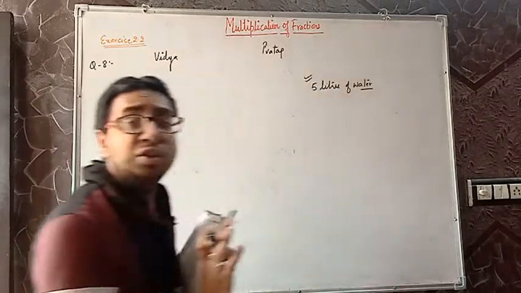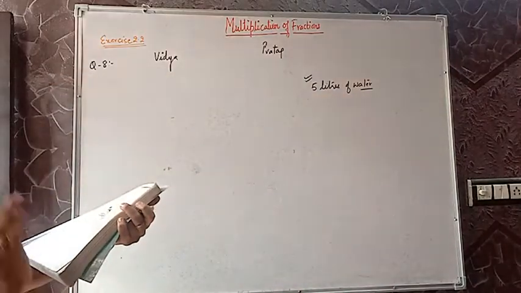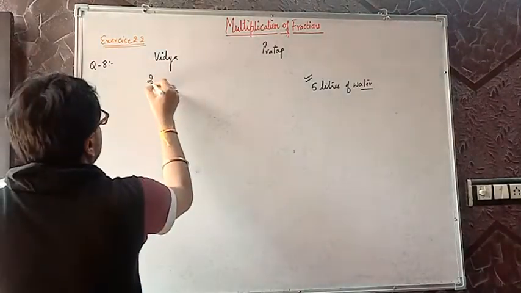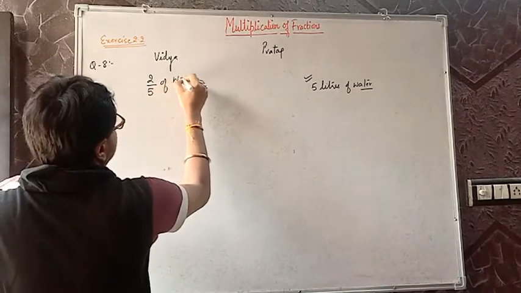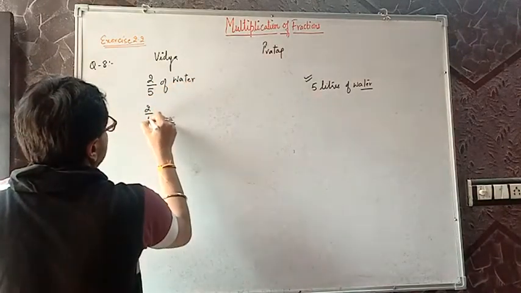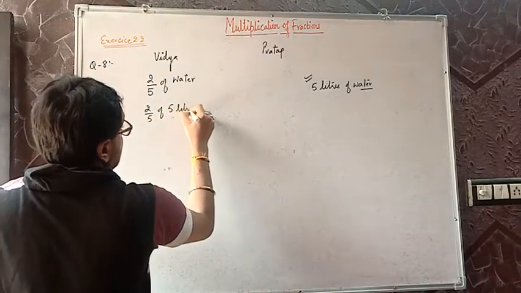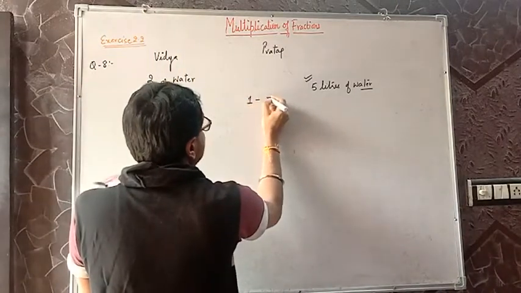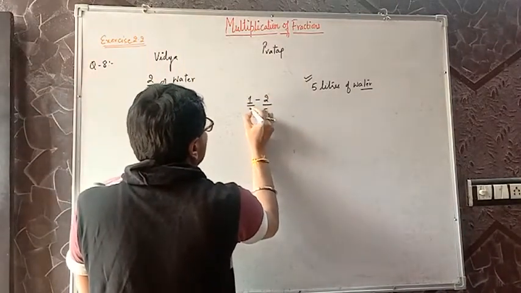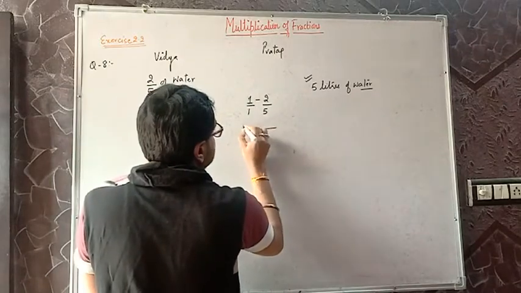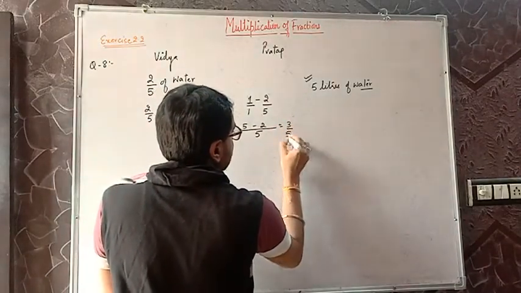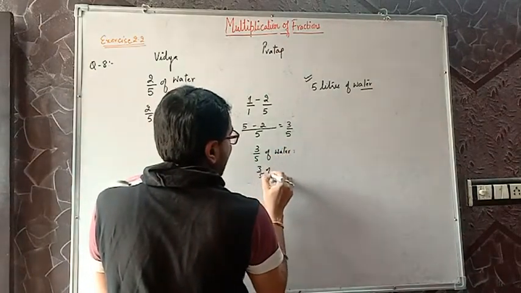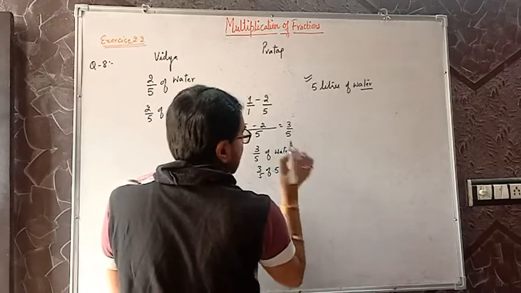She has given a 5 liter water bottle. Vidya consumed 2 by 5 of the water, Pratap consumed the remaining. First part, she consumed 2 by 5 of the water. It means 2 by 5 of 5 liters. And the remaining, of course, if the total quantity is 1 and Vidya consumed 2 by 5, then he consumed 3 by 5 part. It means 3 by 5 of 5 liters. Clear? I am just doing the layout.